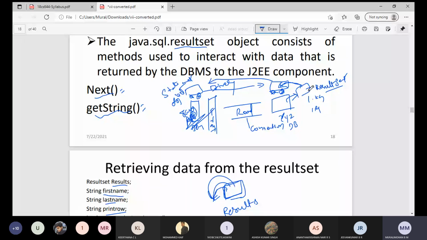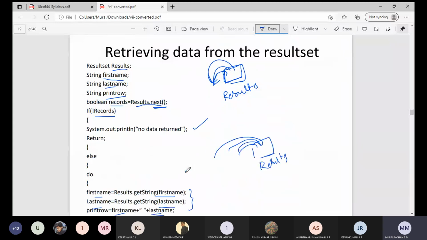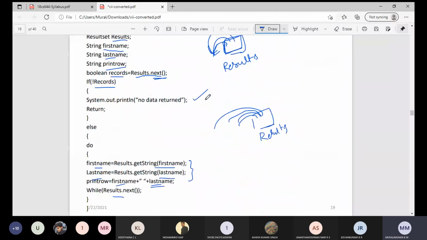Once it reaches this side, we should write code which will read that data and process it. That is what we are doing in this example. First we check if no records are there, then we print that it is empty, meaning no data is returned. Else we continuously read the data from the result set object by using the method called next.